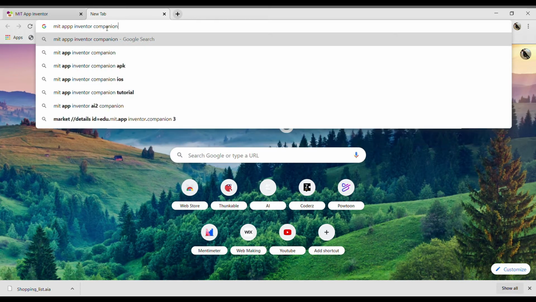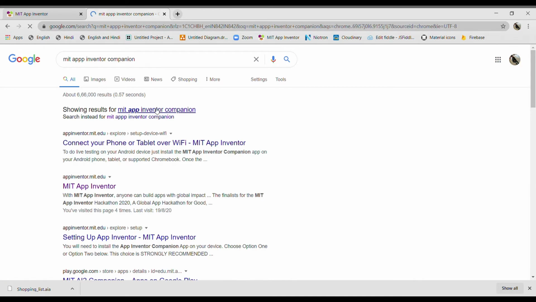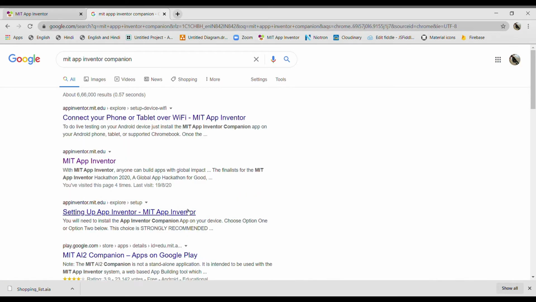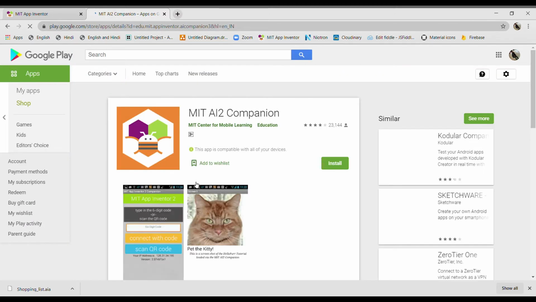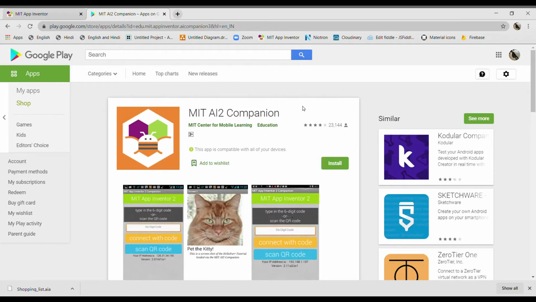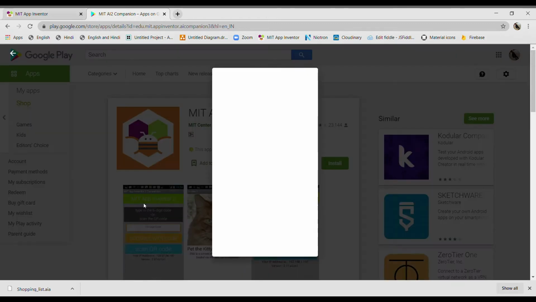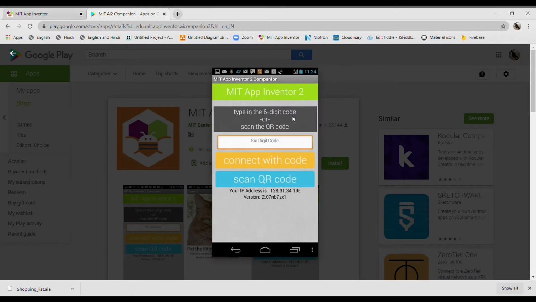Here you just have to download this file, MIT AI2 Companion. You have to install this app, and then after opening this app such kind of a screen will appear.